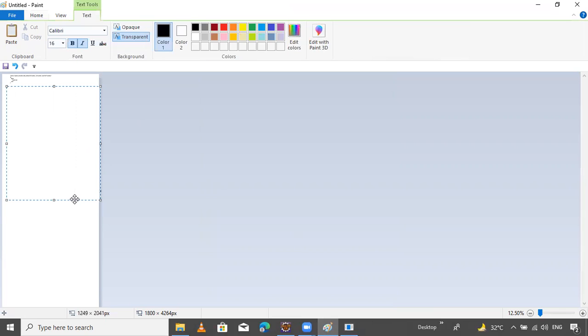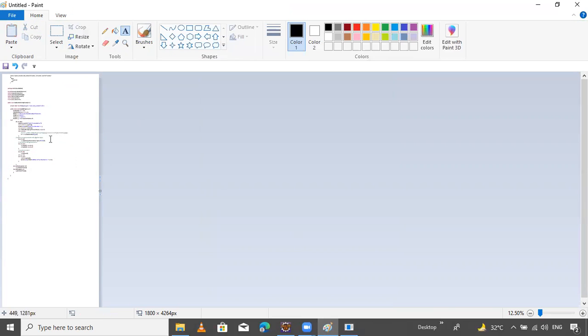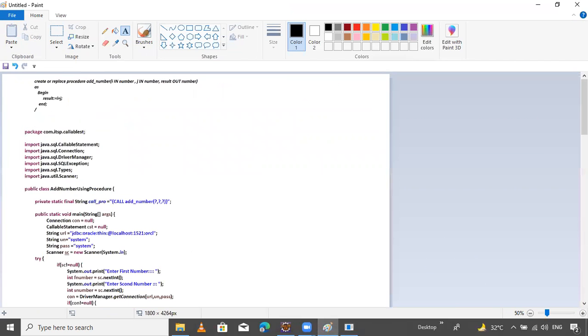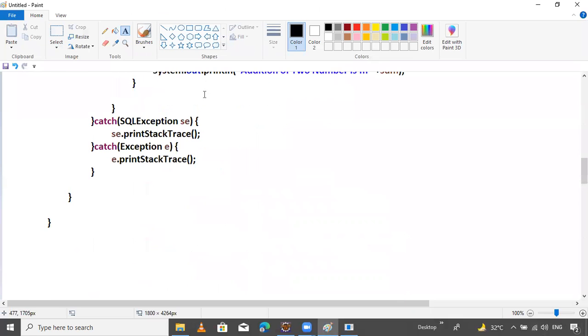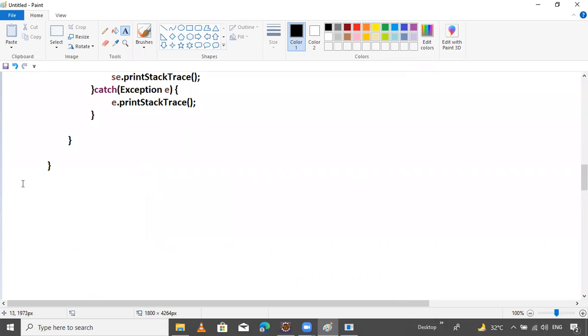Here I want to paste it. Now it's good. Bold is required. So this is without, this is try and catch. Now preparing example with, now here,